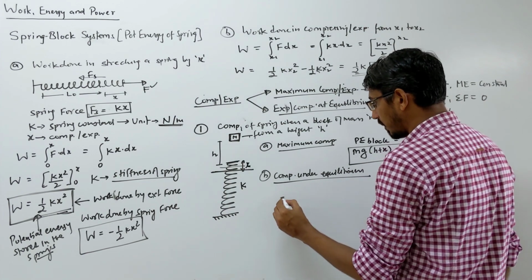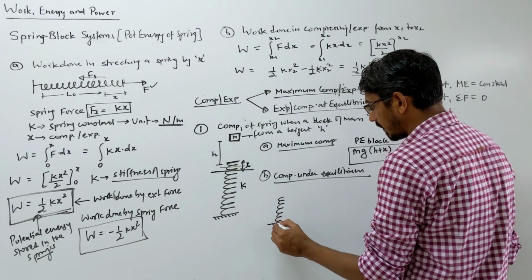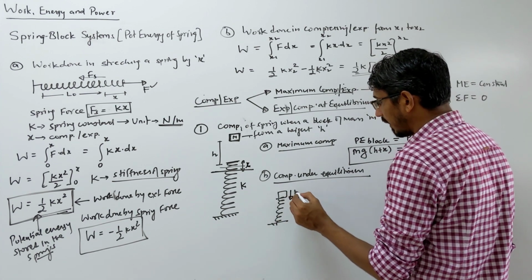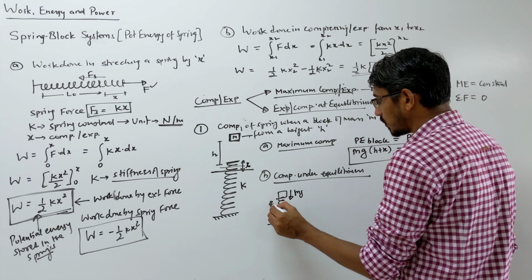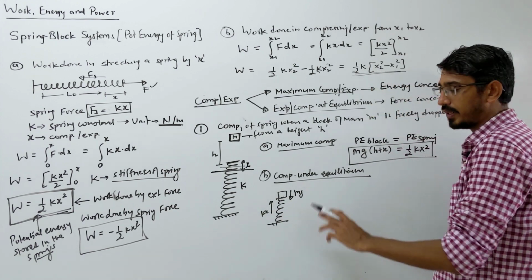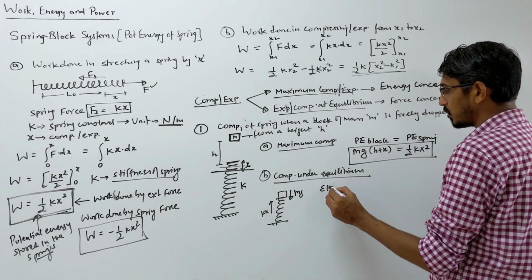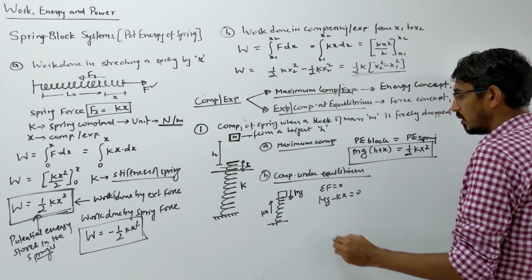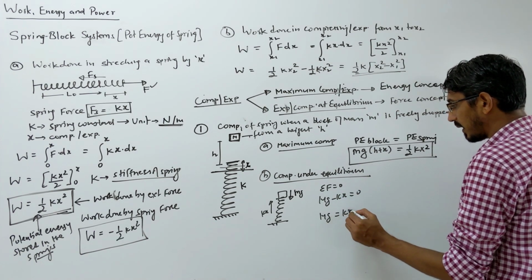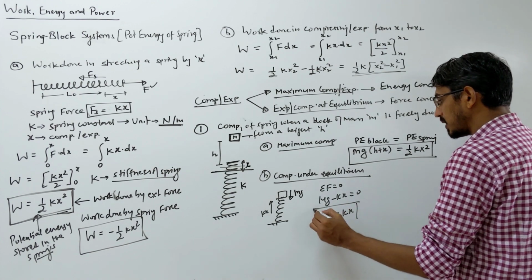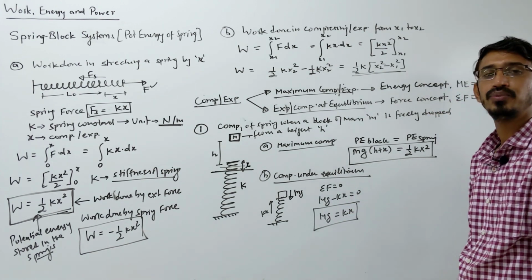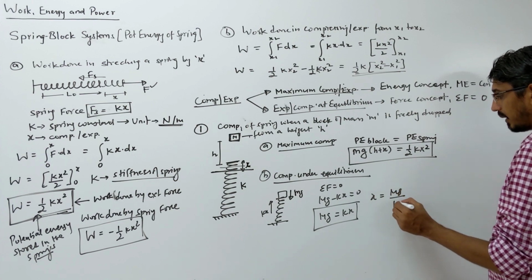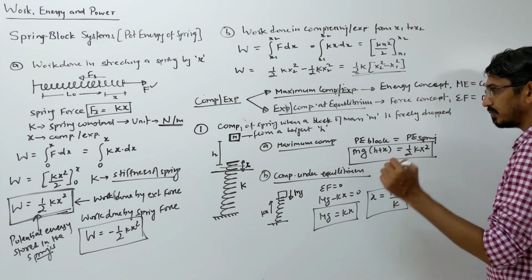So this block, let me draw one more picture like this one. This is the spring. This block is placed here. So the block is applying a force of mg downward. The spring force will offer kx. So the net force should be 0. So net force should be 0 means mg minus kx should be equal to 0. So mg should be equal to kx. This is the principle you write to find your x, the force concept. So x will simply be mg by k. That you will get as the answer here, right?